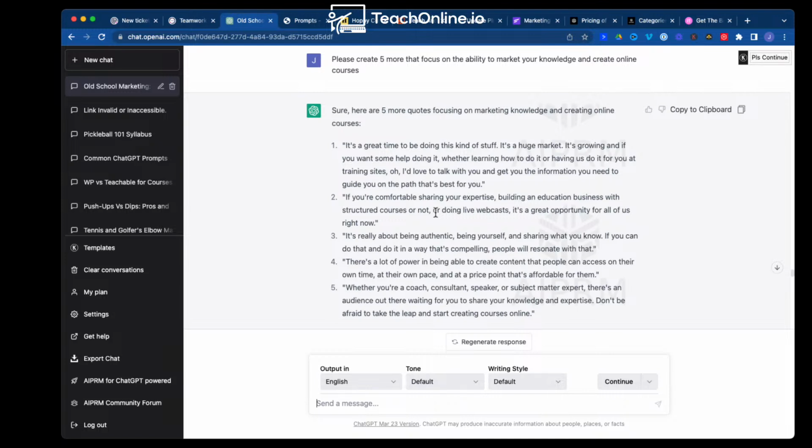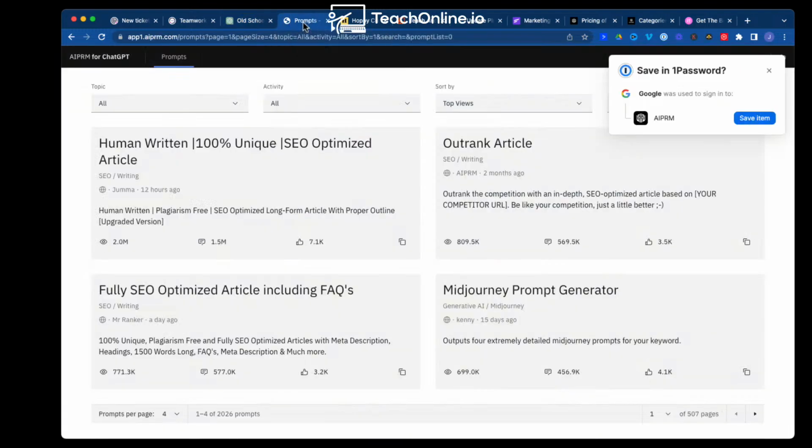Now, why am I mentioning this? Here's the thing that jumped out at me. This is something you might want to think about when you're considering which one to spend some money on, which one to use. There's actually a tool, and I don't know much about it, arprm.com. It's this one right here. You can see my mouse in the upper left-hand corner.